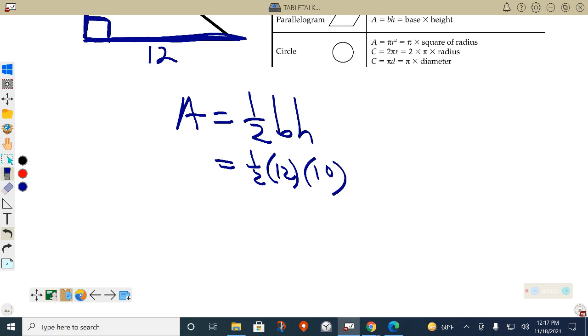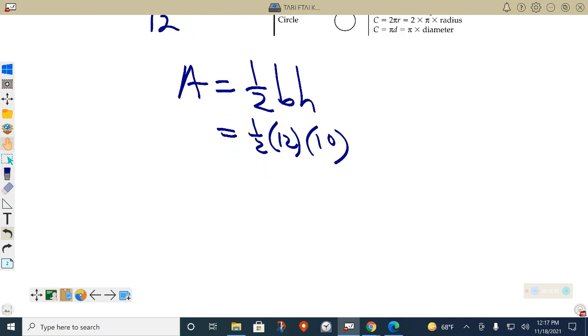Look at that. 1/2 base times height. So here we go. 1/2 base times height is going to be, watch this now, 1/2 times 12 is the same as 12 divided by 2. So 1/2 times 12 is just 12 divided by 2, which is going to be 6. 6 times 10 is going to be 60. So the area then is going to be 60